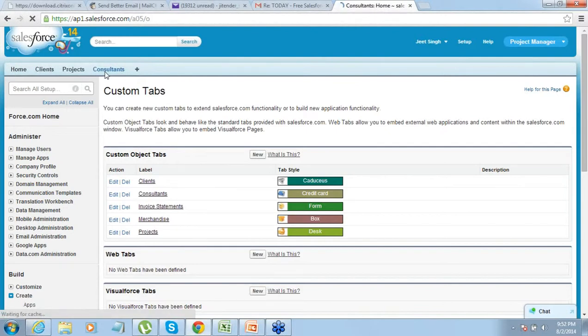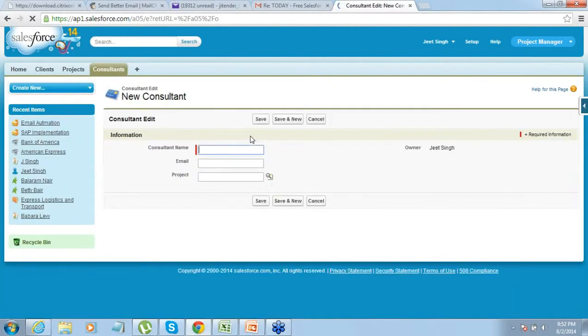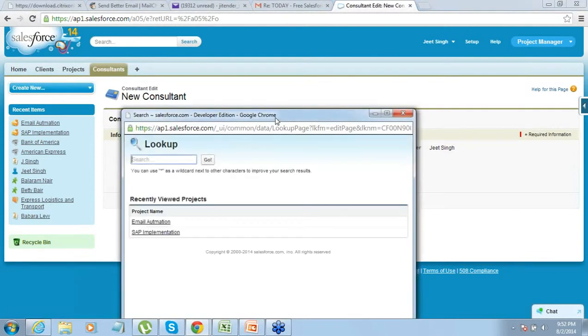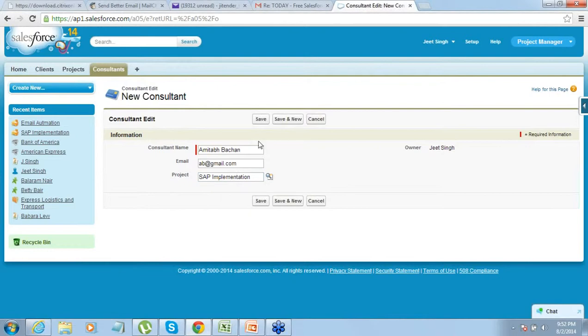Now in the consultant name, if I want to enter a name, Mr. Amitabh Bachchan is a consultant here and he works for SAP implementation. He's working on this project, so that's fine. You can track that information.